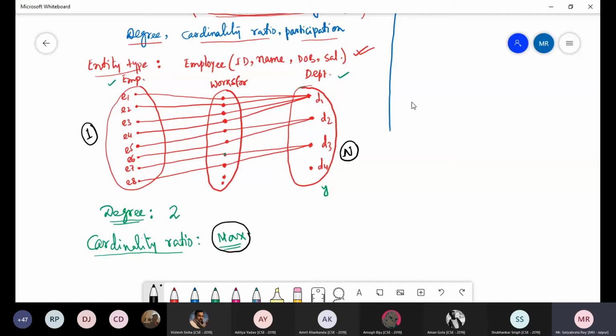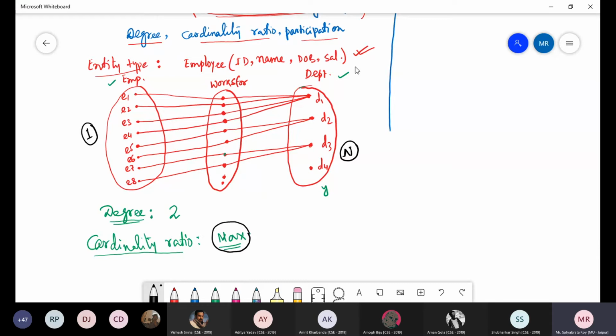D2 can have more than one. D3 can have more than one. D4 may not have more than one. Okay. So what is the maximum number of relationships that one particular entity can have for department? It is n. Yes, sir. Is it clear to you? Yes, sir. So cardinality for employee is 1, cardinality for department is n.